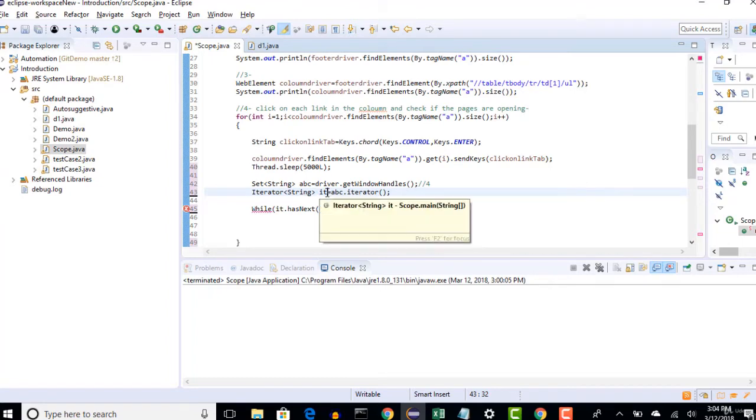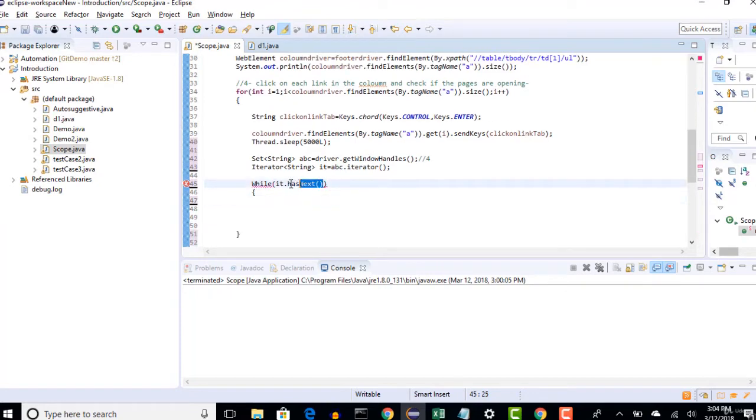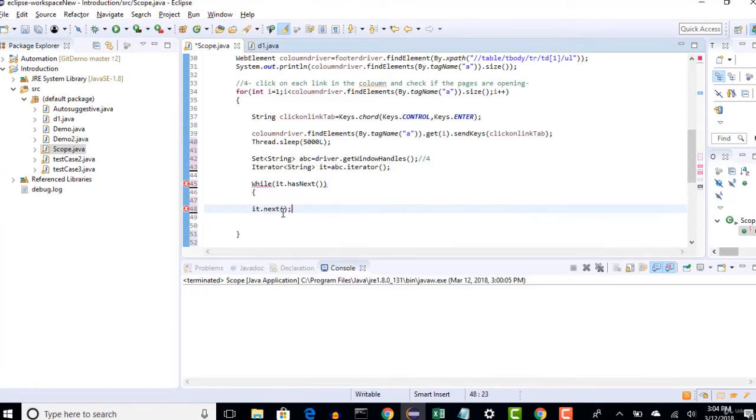It will basically have 5 windows, right? So it will be on the 0th index. So we are asking if there is any index present. The it.hasNext tells if there is any window present. If it is present, then we will say it.next,